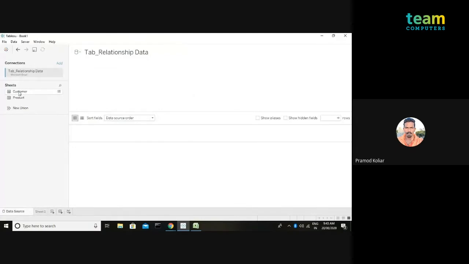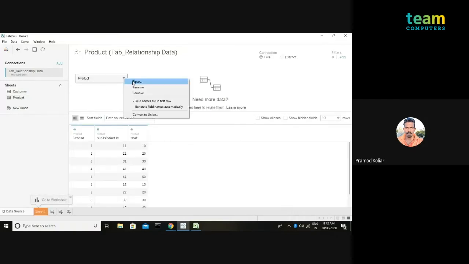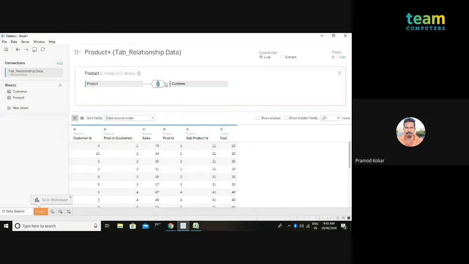So as soon as I join these two tables, I have my customer and I have my product. I'll drag product first because I want to know all the information related to the product. I'll open this and join customer based on this.